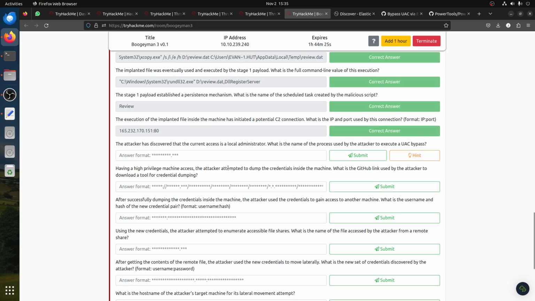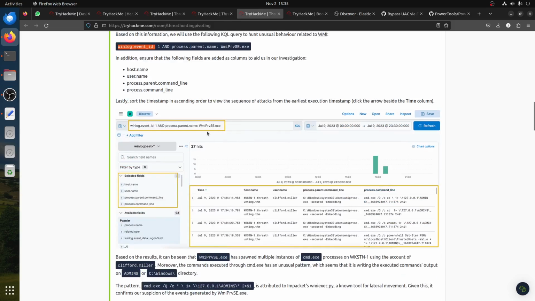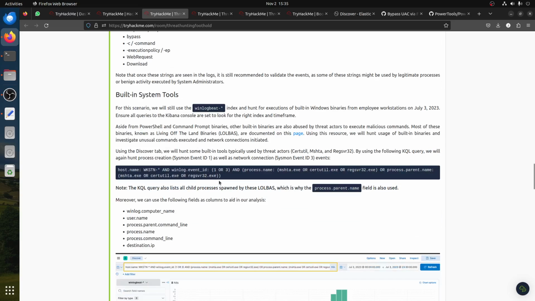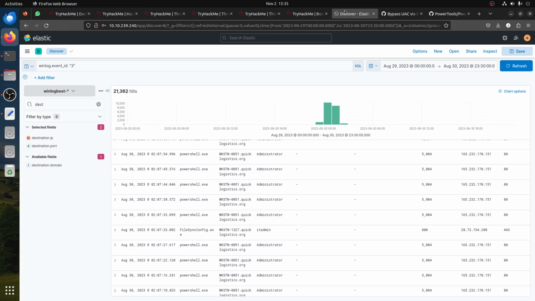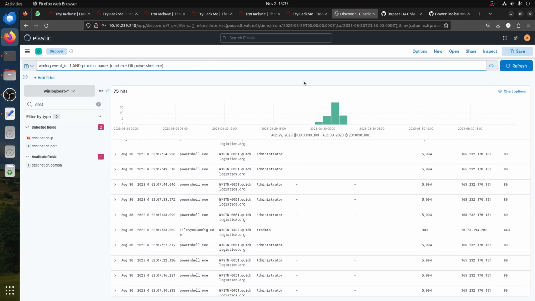Here, one of the things to see, because now the attacker is there, one of the things to do is process creation. So we can use this. Remember, these rooms have a lot of information you can use. So always when there's a room like that and I forget certain commands, I just come here. So basically, if you start enumerating a system using process creation, event ID 1, I can say it is using a command line or using PowerShell. One of them is the process names. So if I go there,